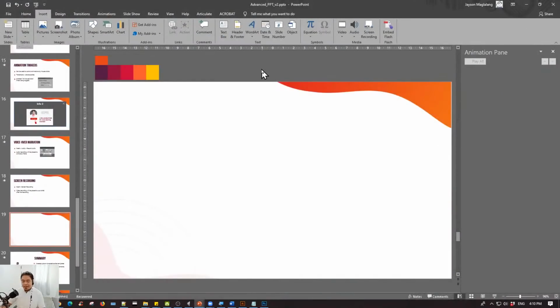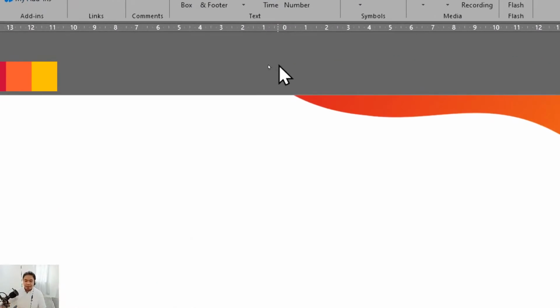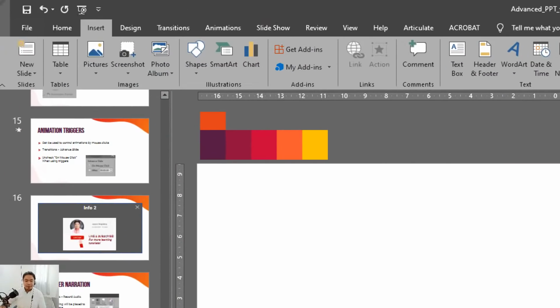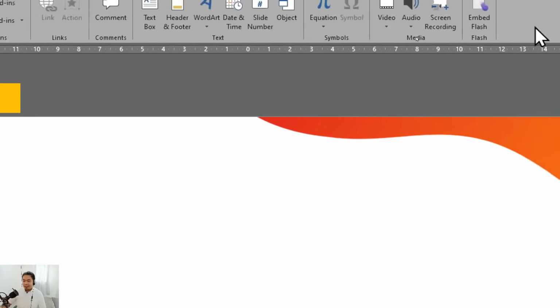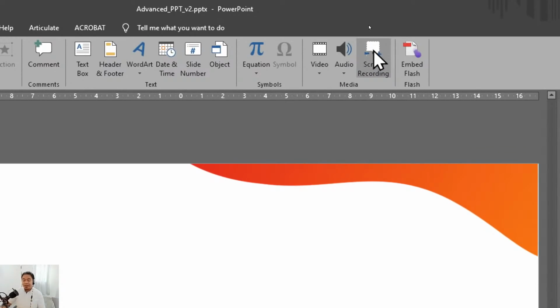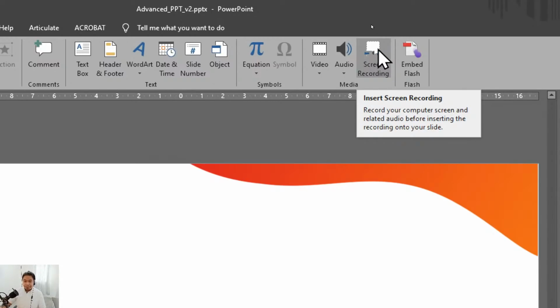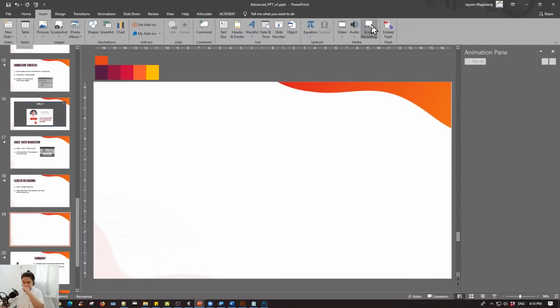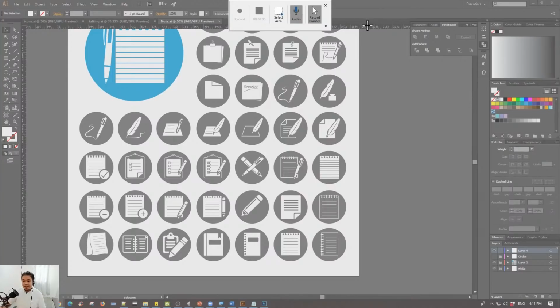Okay, let's try it. Again, the step is always ganito lang po. Go to insert, and then kung kanina nag-insert tayo ng audio, ngayon po screen recording yung i-click natin. Okay. So I'll go click screen recording like that, and then you'll see here